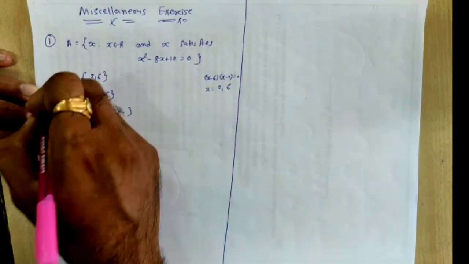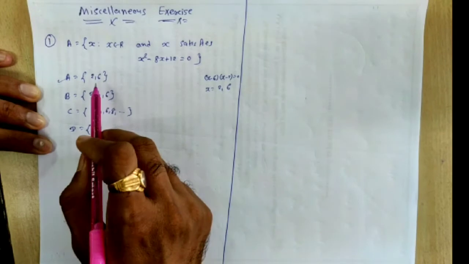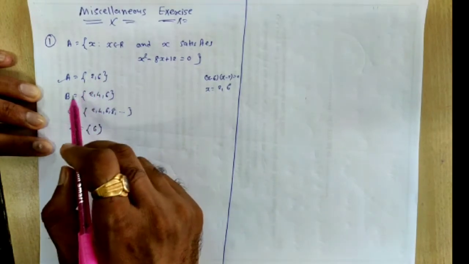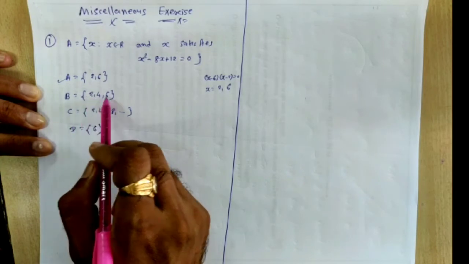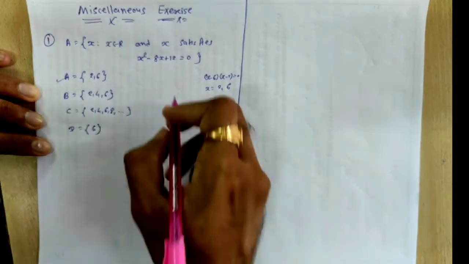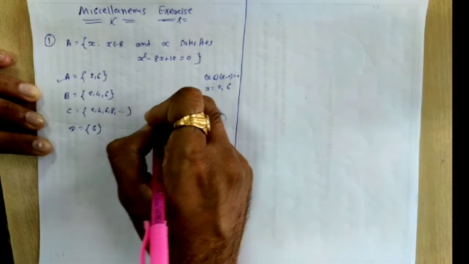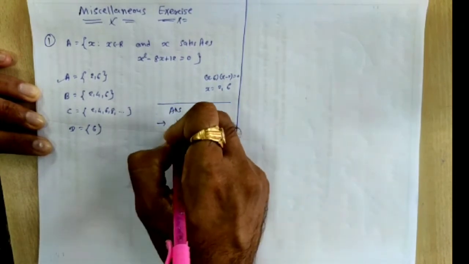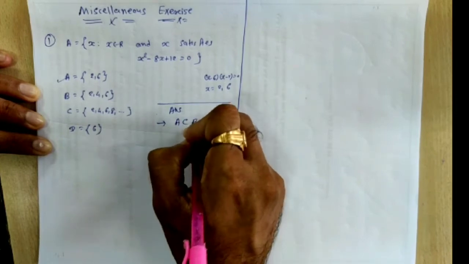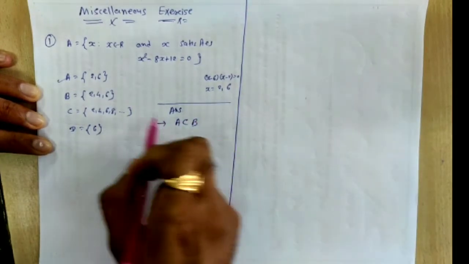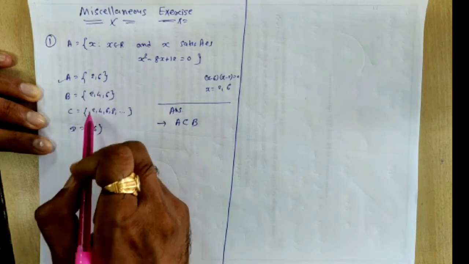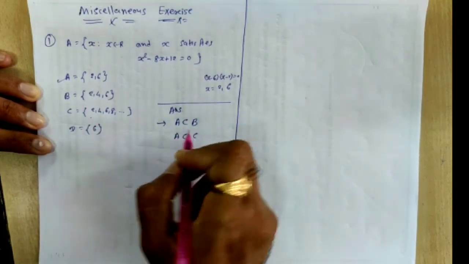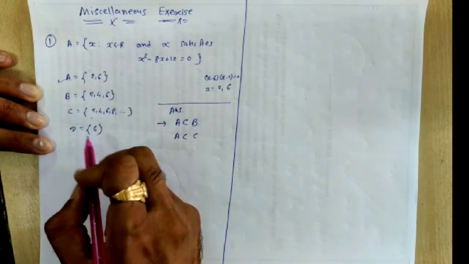So we will start with the set A. Set A is the subset of any set? Let's check it. So elements of set A are 2 and 6. Elements of set B are 2, 4 and 6. So first we can write A is the subset of B. Done. Then also 2 and 6 are the elements of set C. So we can say that A is the subset of C. Then A is not a subset of D.